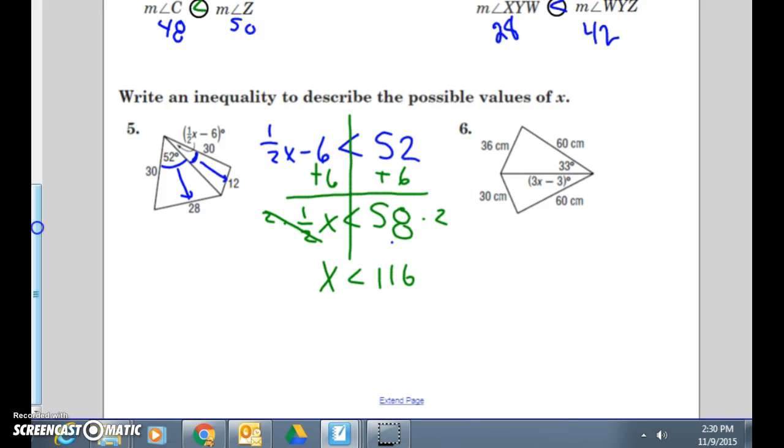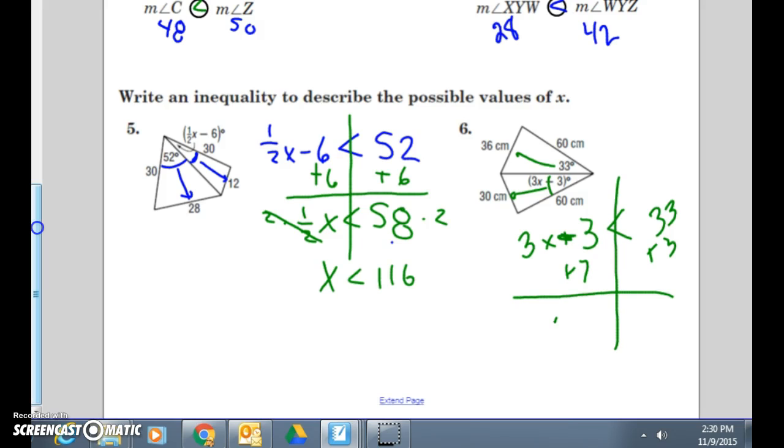And then right here, I'm looking at this angle, it's across from 30, and this angle is across from 36. So that means that 3x minus 3 is less than 33. Hold on, add 3. So 3x is less than 36. Divide by 3. So x has to be less than 12. Thank you. Make sure you pick up all your